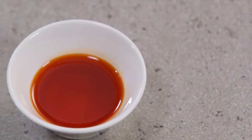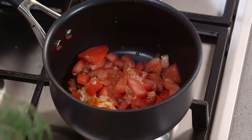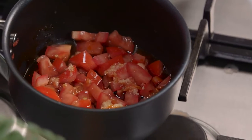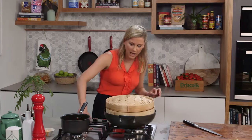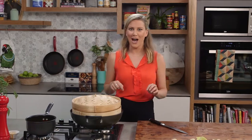Perfect. Now chilli oil. I'm going to start with 2 tablespoons. I'll have a taste of it at the end and I may add a little bit more. Again, it's all dependent on your palate. If you like a good hit of chilli, add a little bit more. So heat goes on now. And just let that cook away for about 5 to 6 minutes, which gives me just enough time to cook